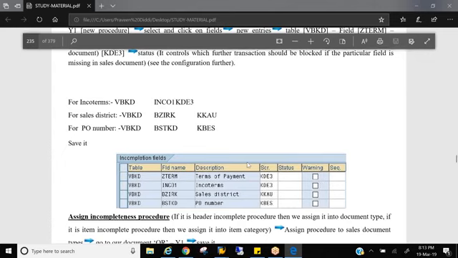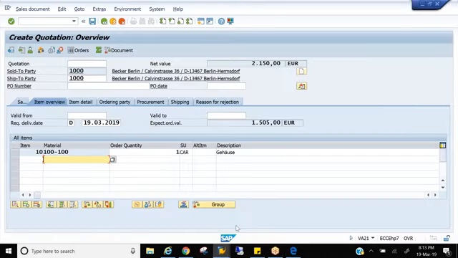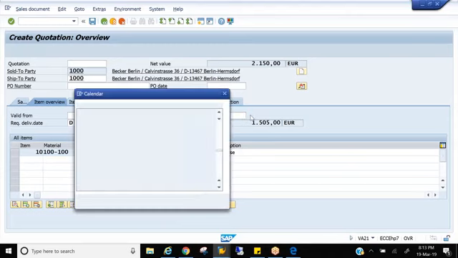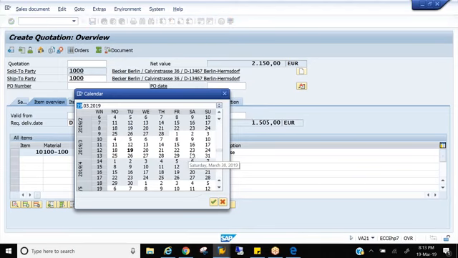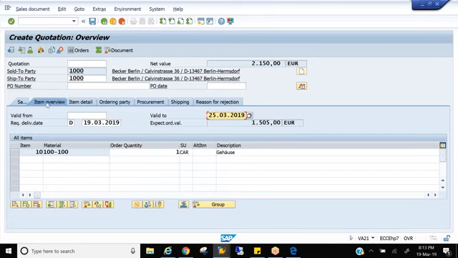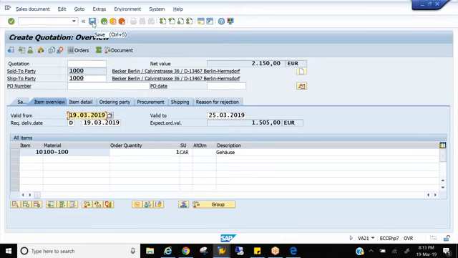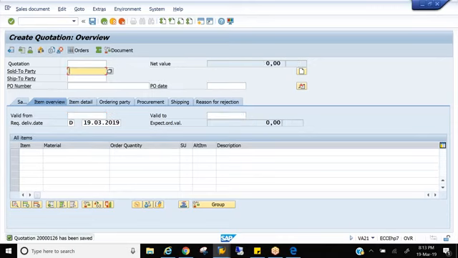So let's come back. Let me make this particular document complete. So let me maintain the validity period. I'll just give it as, say, some 25th, right? So now this document is complete. I'll also maintain this. I'll just mention today's date here. Right? I just click on save. You see, now this quotation is complete and it allowed me to save, and the quotation number has been generated,